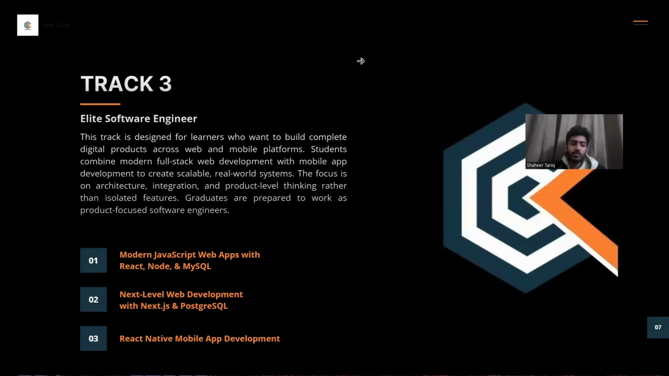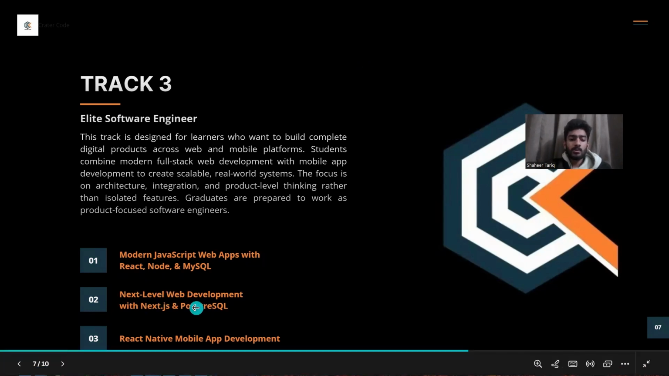So let's talk about Track 3. Track 3 includes JavaScript web apps, it includes React, Node, and MySQL. And you will learn Next.js and PostgreSQL and React Native mobile app development. Okay, so